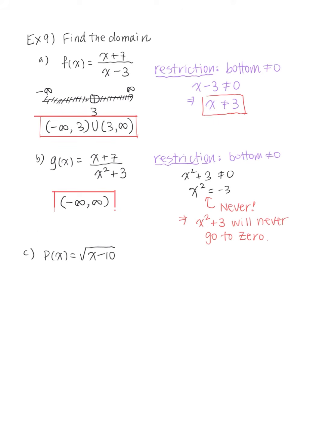Let's look at the next problem. So we're given p of x equals square root of x minus 10. So we got the square root going on. So what is the restriction? Yes, the radicand must be greater or equal to 0. You could never have a square root of a negative number over the real number system. So here, the restriction